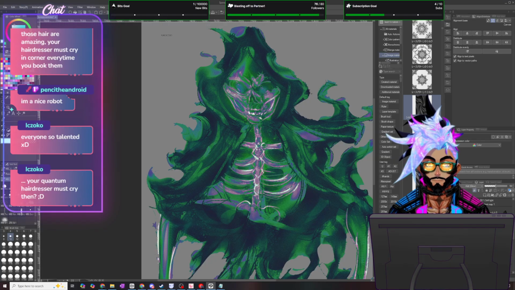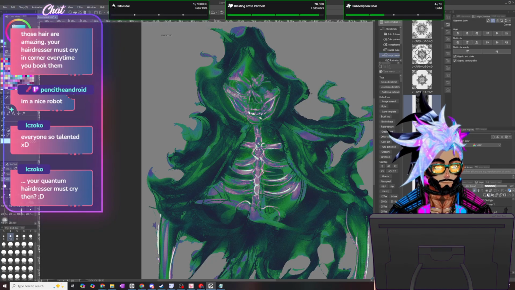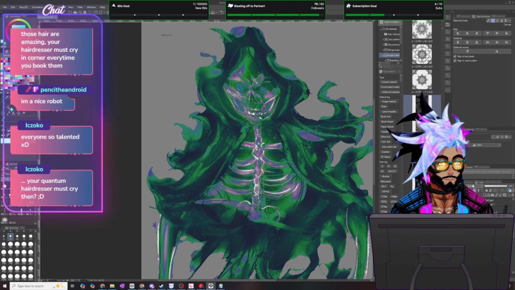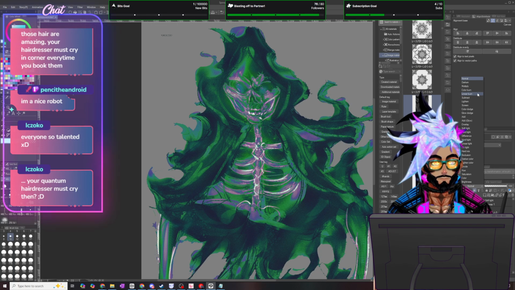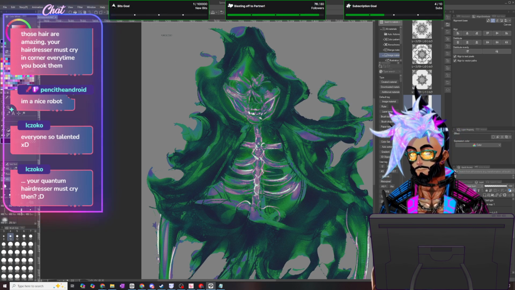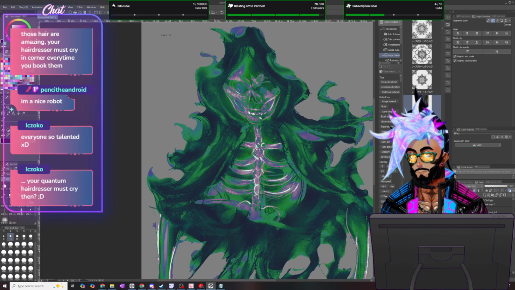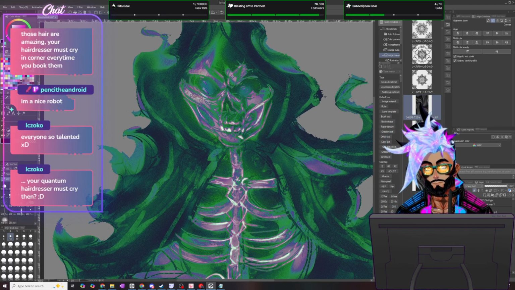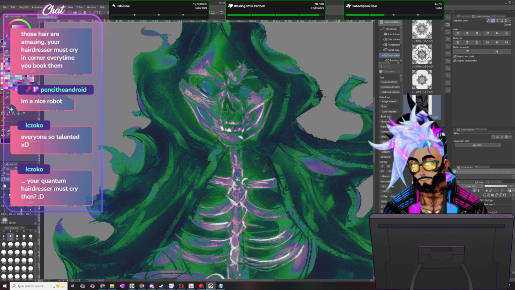I kind of want to add some more dark back into it too. So let's do some linear burn, and let's grab this, and maybe do a little bit of definition here with these things,